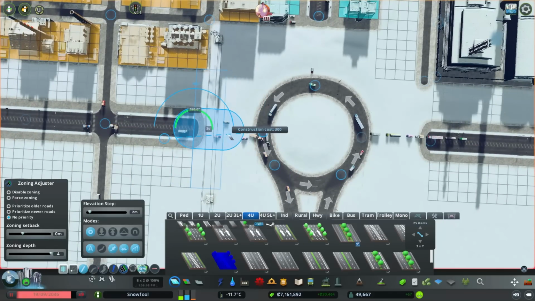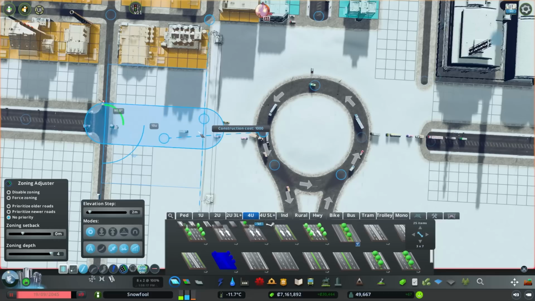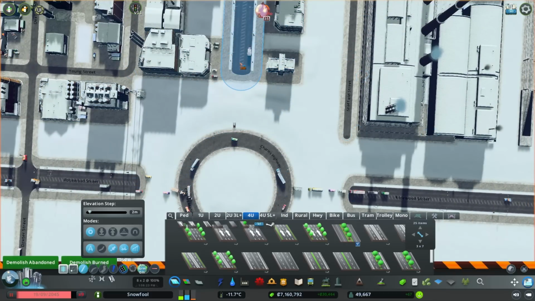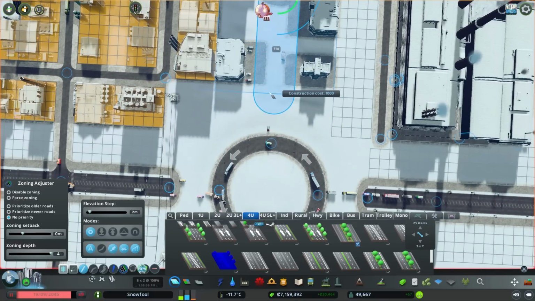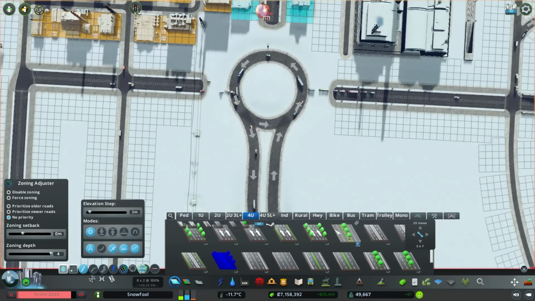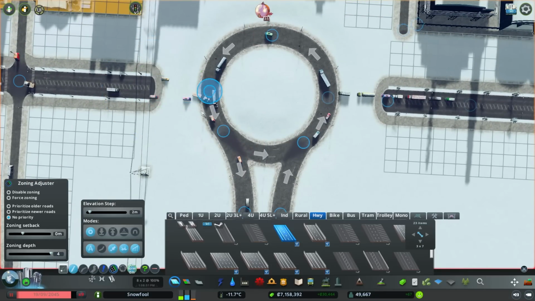So, 7, 5, 6, 7. Okay, we need to do a 5 away from each one. So that's a 16, so I've got to do an 11. 11. Right, this is all going to be annoying now, isn't it? Right, 19, we've got to do a 14. 15, we do a 10. Right, I've kind of killed off my zoning, but we'll get that all back in. So we use the highway and the 2-lane highway roads and create a bit of a slip